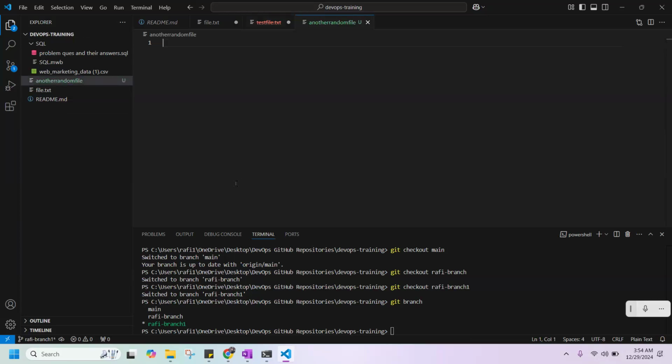Okay, now this file is created in Rafi branch 1, right? Now we need to verify whether this particular file is located in other branches or not. So let's verify.